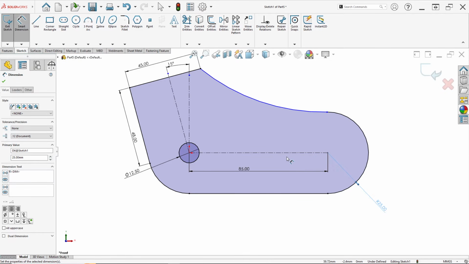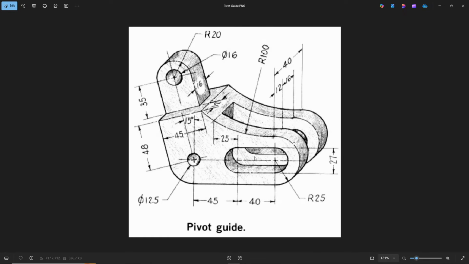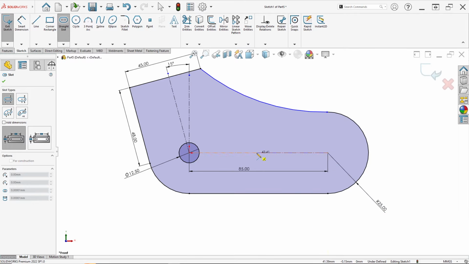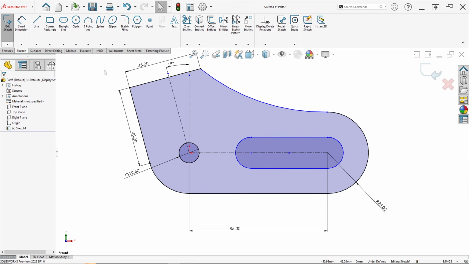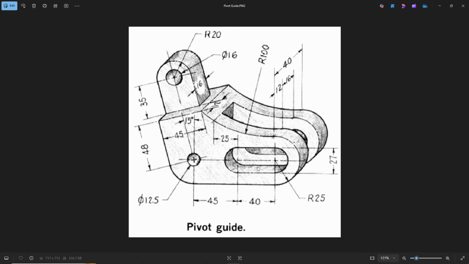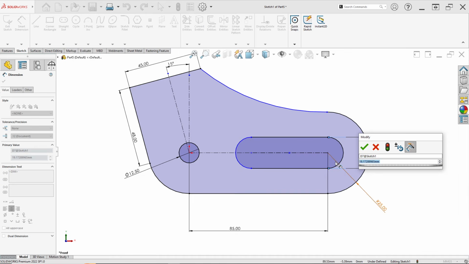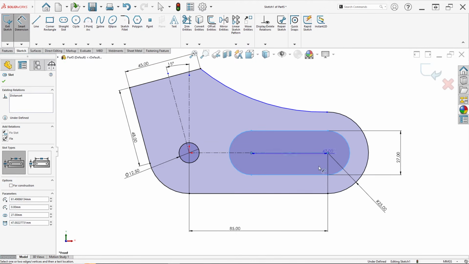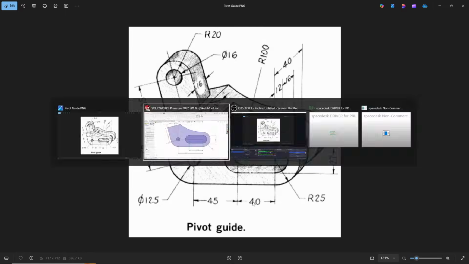Okay, simple. And here has a hole, the sketch hole, shaped like a slot. So just click here and click straight slot. Draw from this point to this, and we can set the dimension for width in here, 27 millimeter, and for the slot length, this point to this point, 40 millimeter.